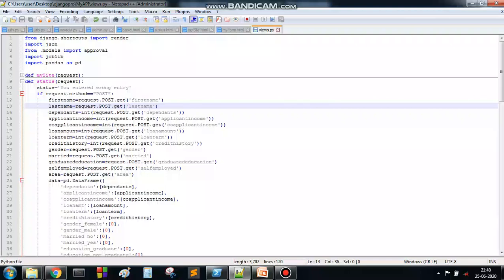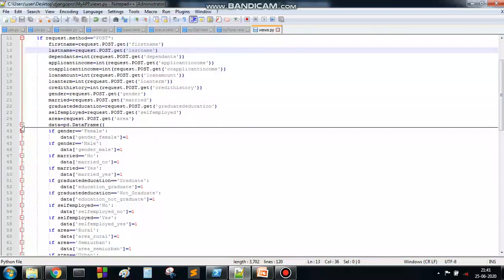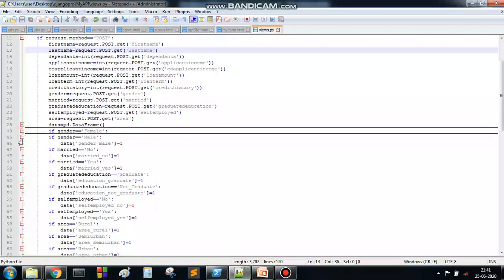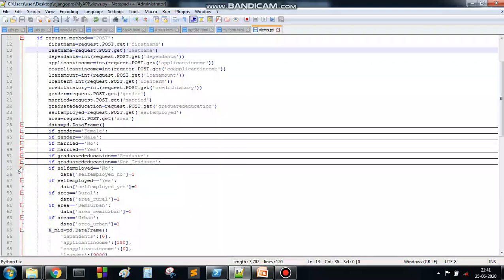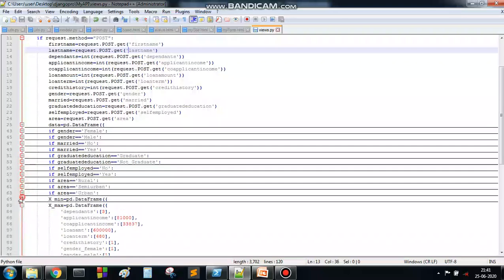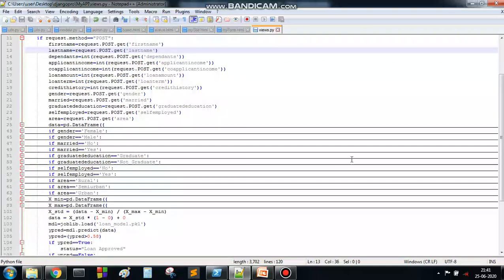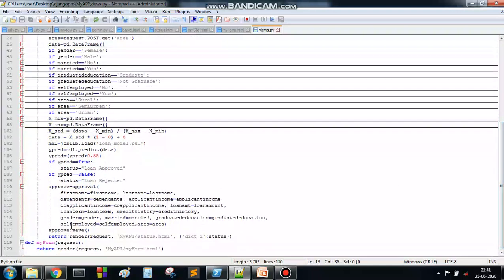Then we are doing the algorithm part, and after that we are rendering to the status.html.